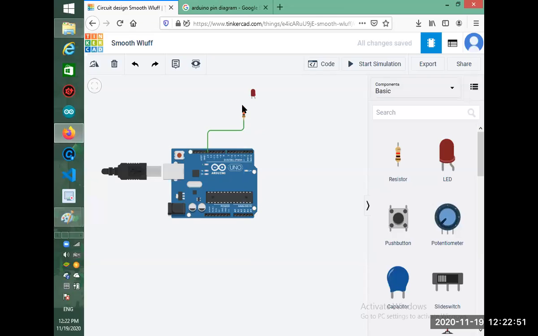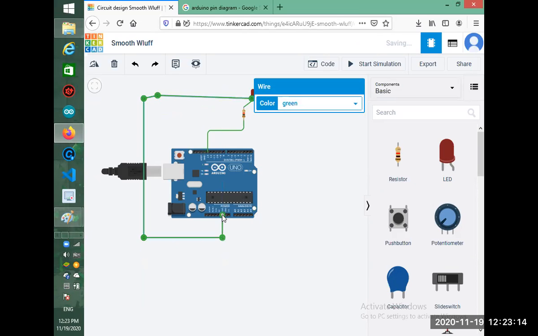Now we'll connect it to the positive, and from here we'll connect it to the ground. We have two grounds, and you can connect with any one of them. So our circuit is completed.